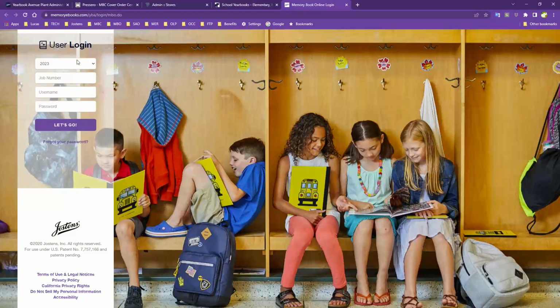So from here, when you're logging in, we're currently on the 2023 job year. And then for the rest of the information, we've got job number, username, and password. All this you'll put in. You should have already gotten an email from your sales rep with this information. So we're just going to put in our job number, and I'm just using one of my demo accounts here. Now, when it comes to the username spot,